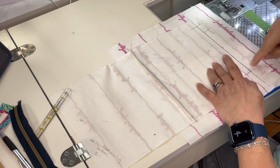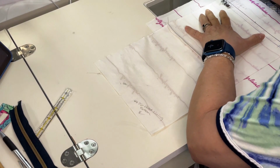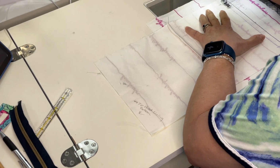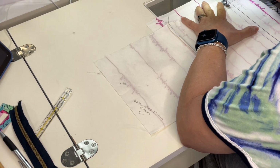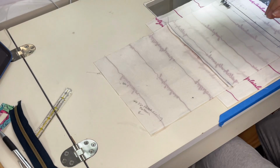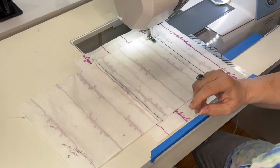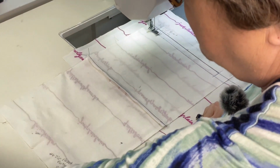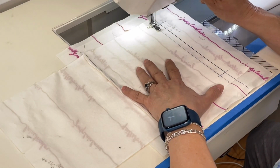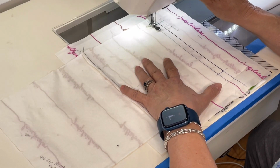I go back to the top. I don't pivot like this. I go back to the top, start at the same place, get it as close as I can, and I'm going to stitch all along this line. Let's see, I moved y'all somehow. Well, not somehow. It just tends to happen. I don't know why. So all along this straight line, I'm going to take 2, 3 stitches, go back 1, 2,